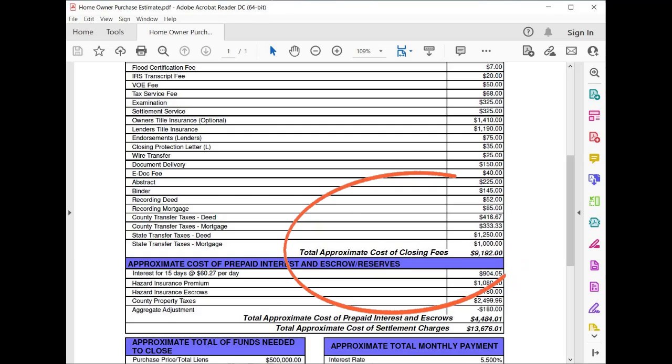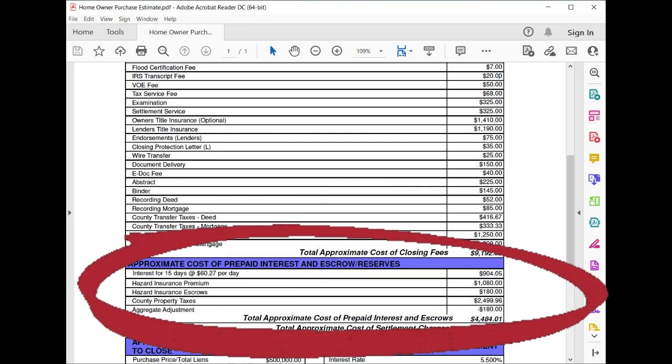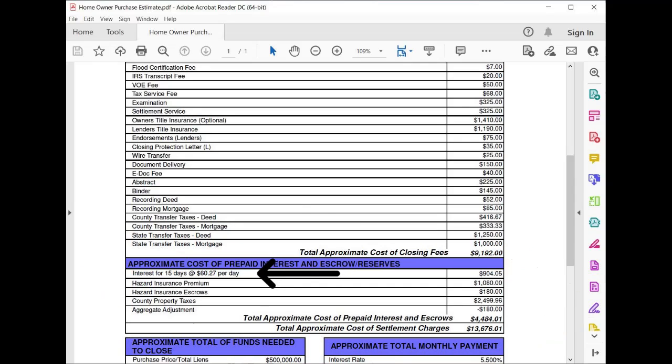Now we also have to take into account the prepaid interest and taxes and insurance. Here it's written as prepaid interest and escrow/reserves. This top fee here is prepaid interest. It is listed at 15 days. It's $60 a day. And that is put on there because when you pay for the mortgage, you're paying this